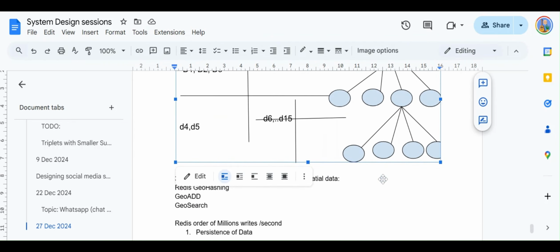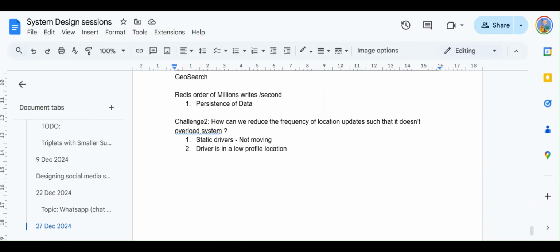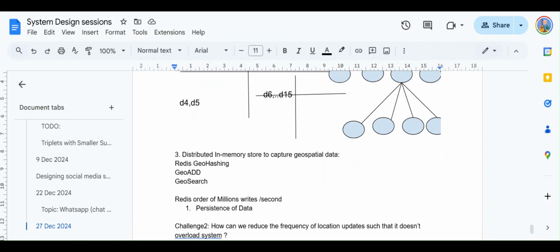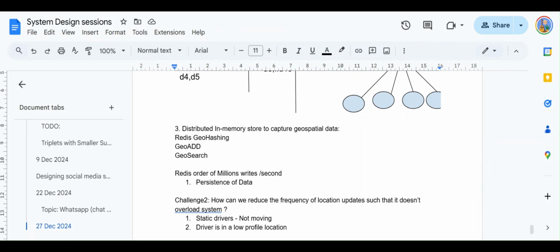But a quad tree is not very efficient for dynamic updates. So for that purpose, we used a distributed in-memory store to capture the geospatial data. Redis uses geo hashing capabilities, so it can provide search.